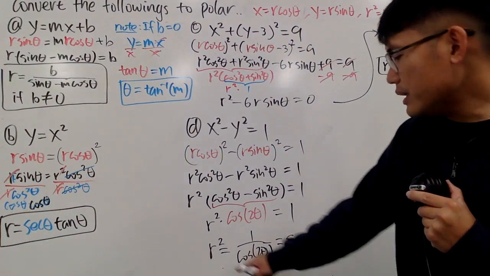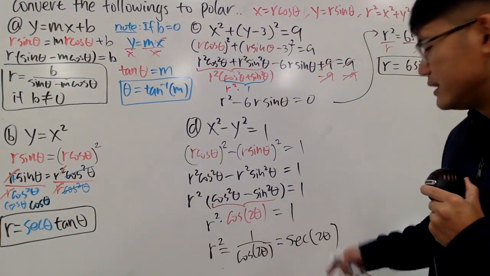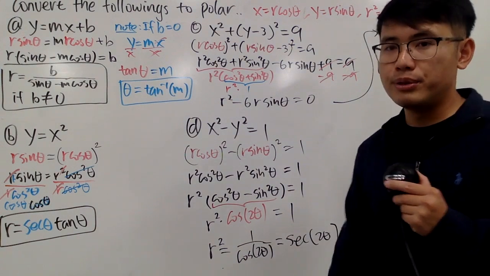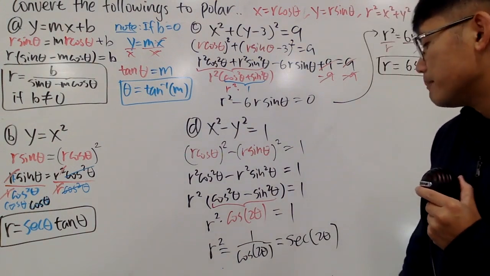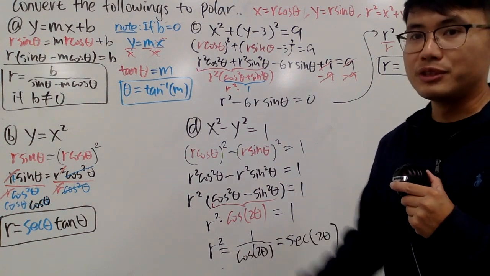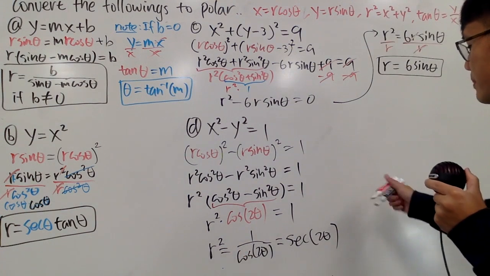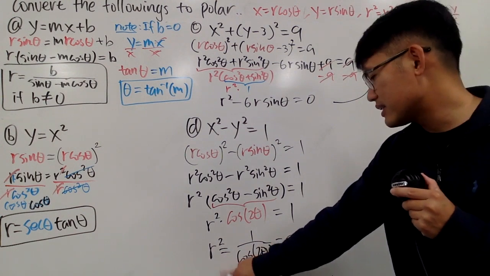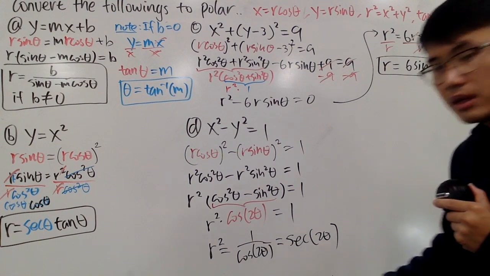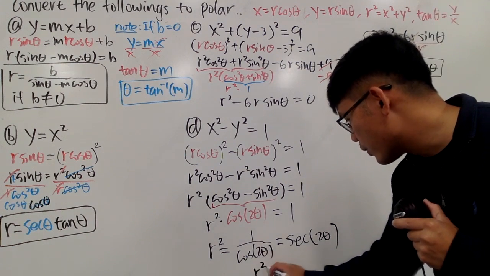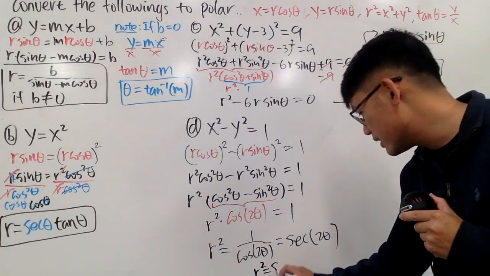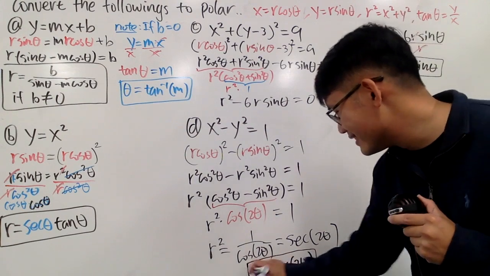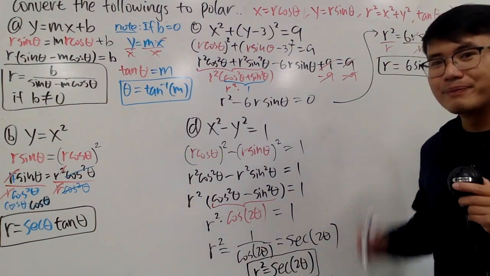Well, in our case here, we have r squared equals this. If you take the square root on both sides, be sure you put the plus minus as usual. But I will just leave it like that. As I said, ideally speaking, you want the r to be by itself, but if you want to just keep it like this, that's fine too. This is more complete. So in the end, I'll just put down r squared equals secant of 2 theta. And with that, we are done. So that's it.